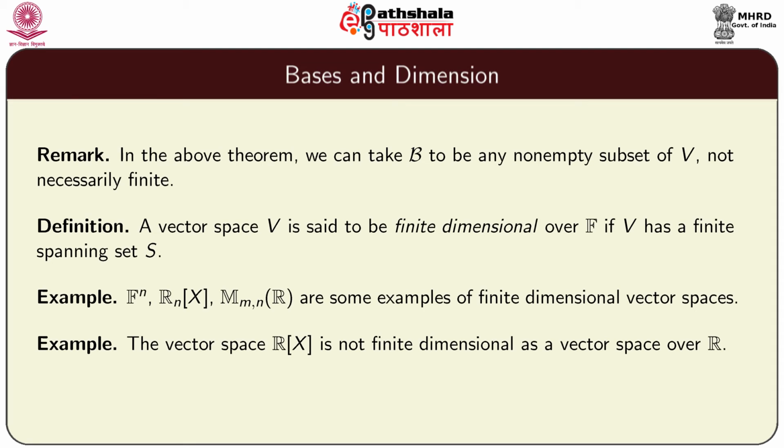Why is that so? Well, it is easy to argue. Suppose that there is a finite spanning set, and let us call that set F1, F2 and so on Fn. So, what are these F1, F2, Fn's? They are polynomials with real coefficients. Now, since you have finitely many polynomials and each polynomial has a degree, assuming that none of them is the 0 polynomial,